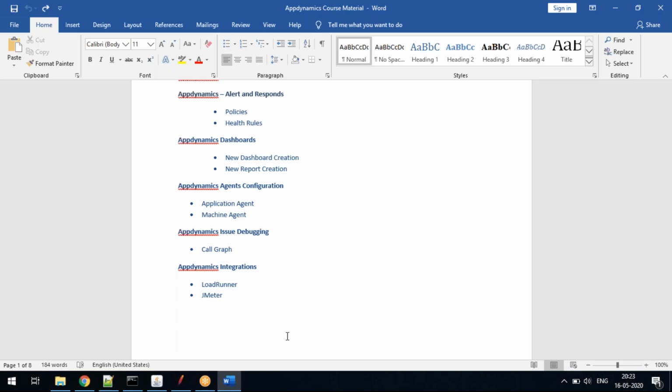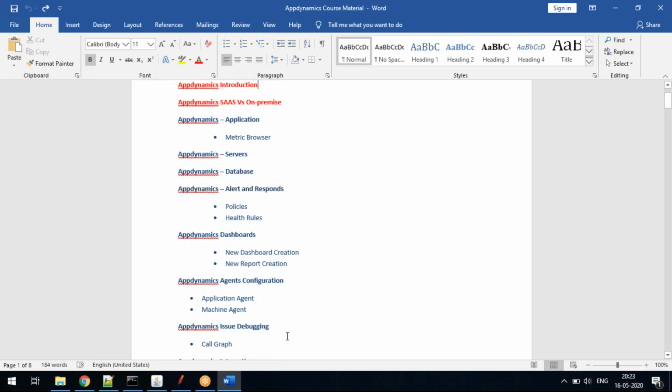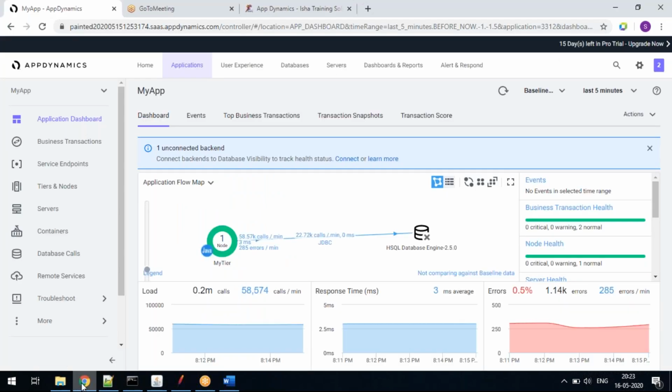Using these integration concepts, you can segregate whether the data is coming from LoadRunner, or from JMeter, or whether it is real user data coming from the real user browser. So with that, you can easily differentiate the different aspects. These are the predominant things we are going to cover as part of our training session.